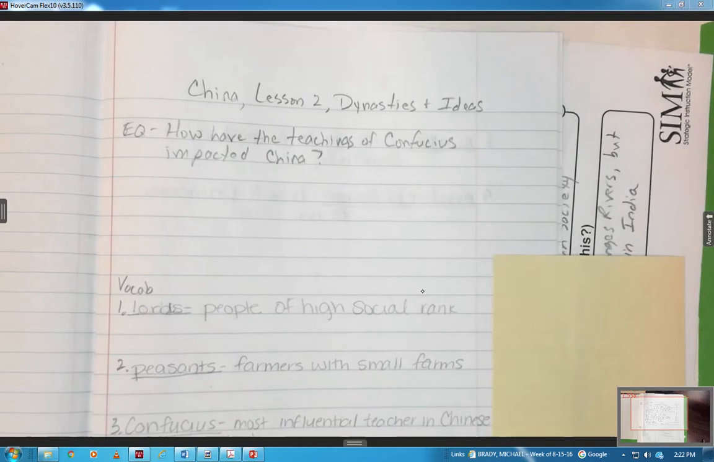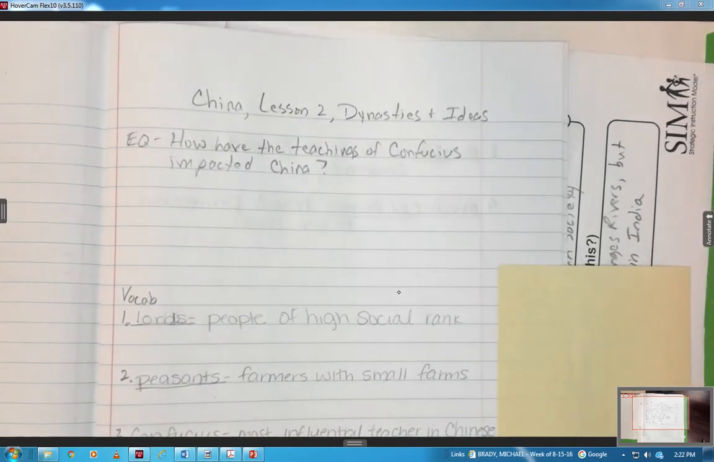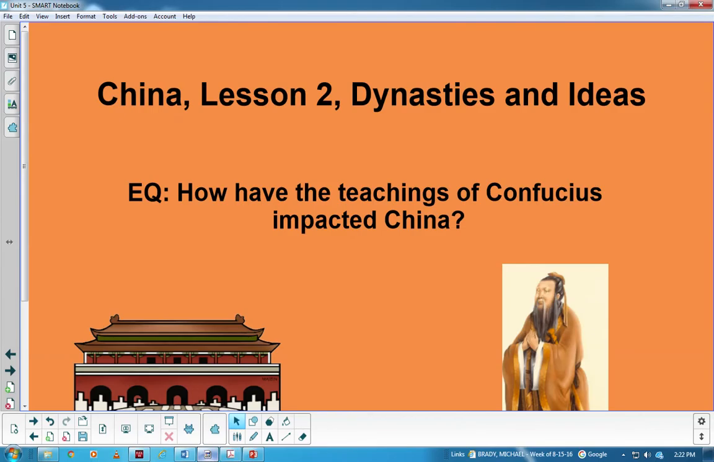Notice that every student is to put their title at the top, China Lesson 2, Dynasties and Ideas, skip 4 or 5 lines, and then we start a vocab section. This is how we start every lesson here in class. Then we will go straight to the Lesson 2 page in our